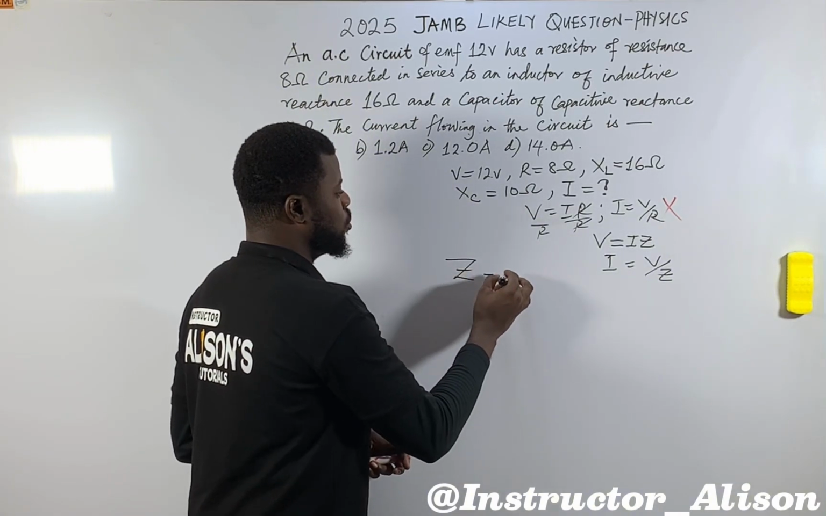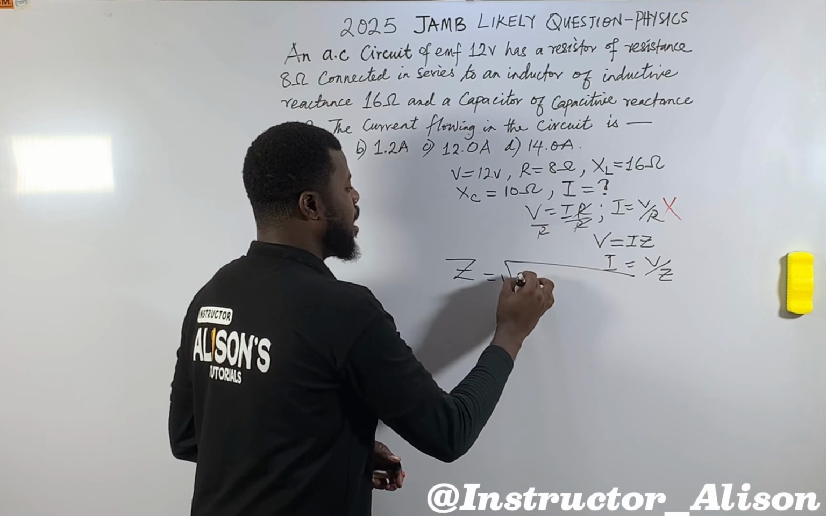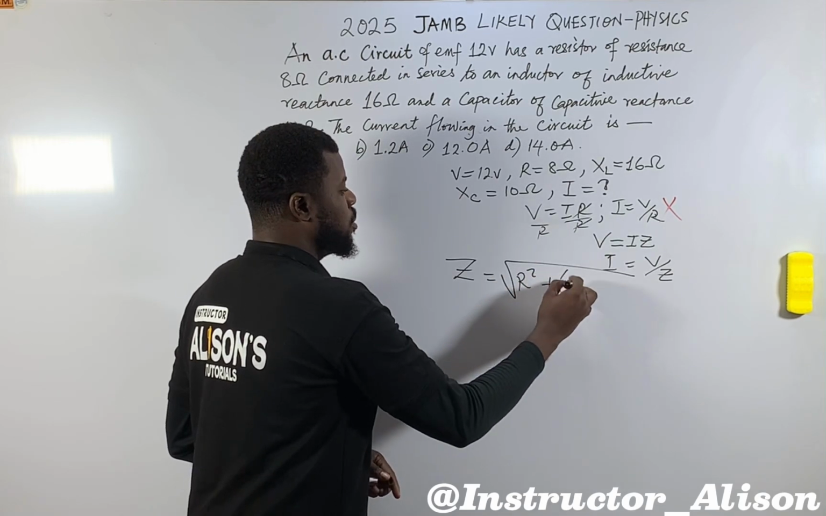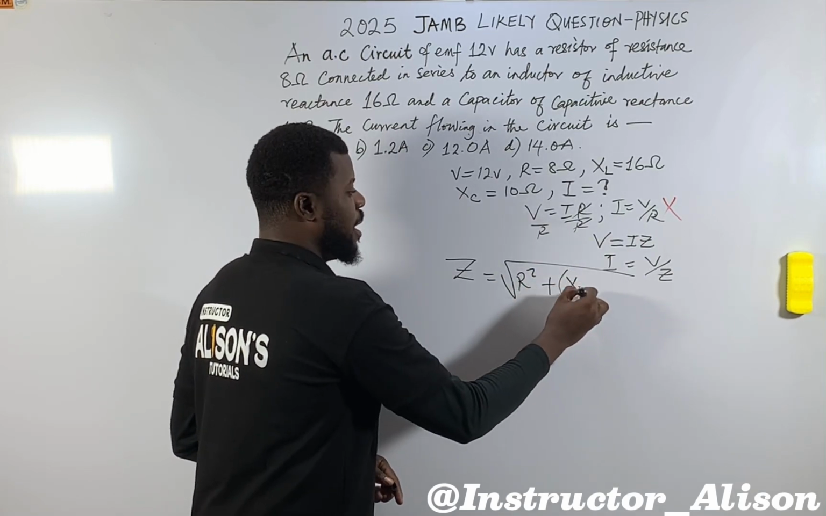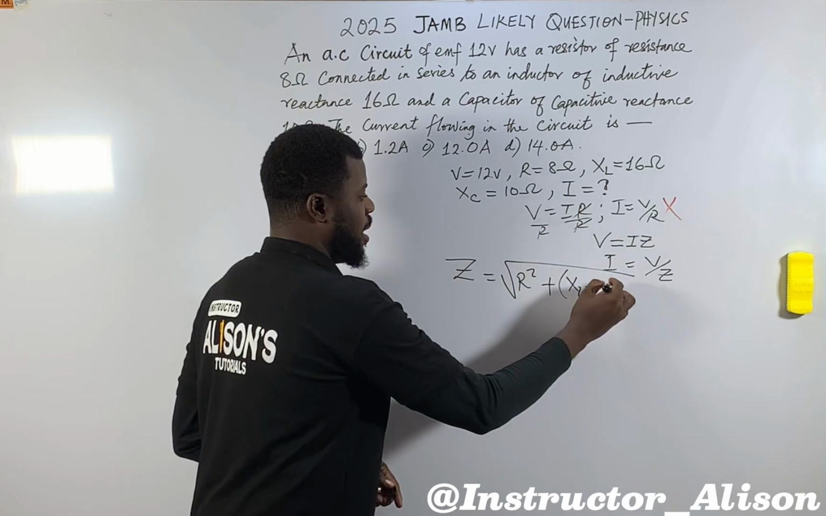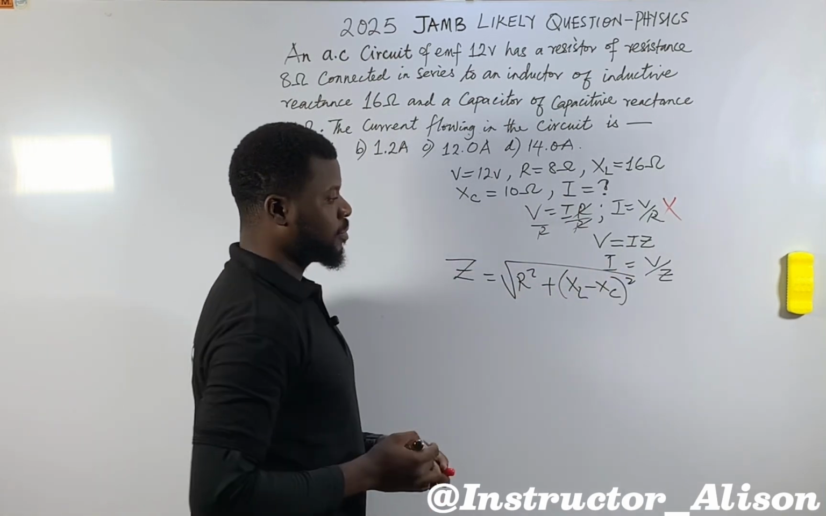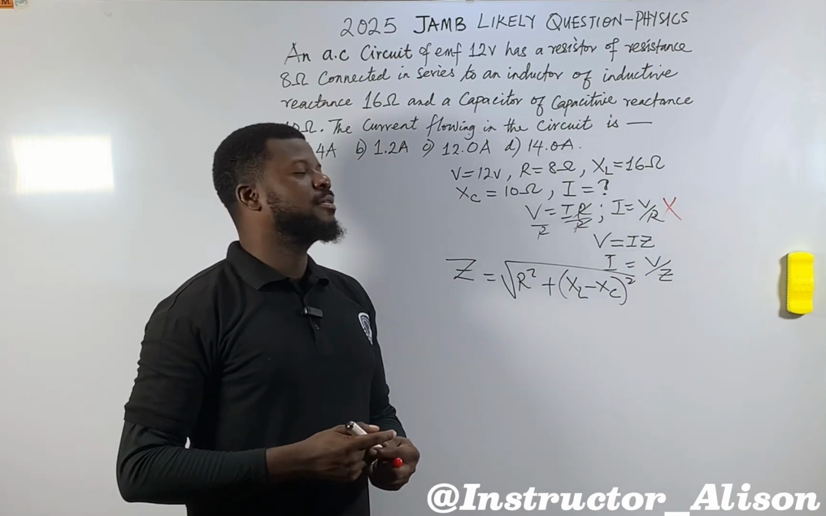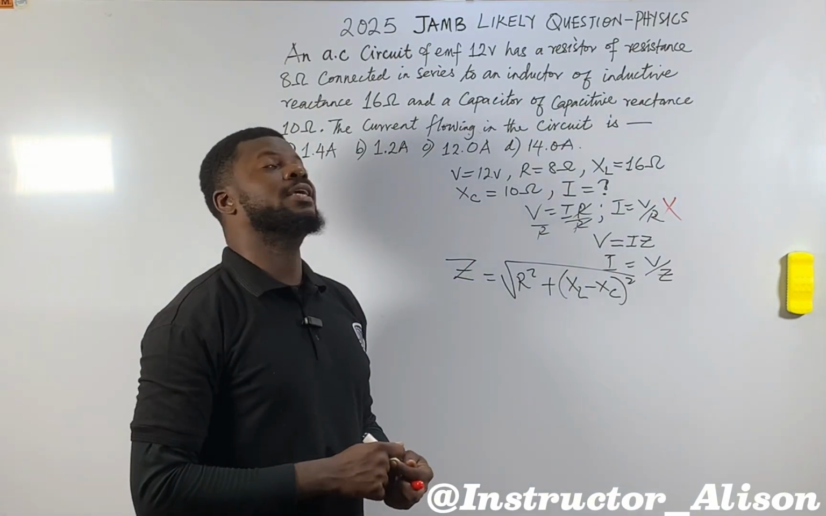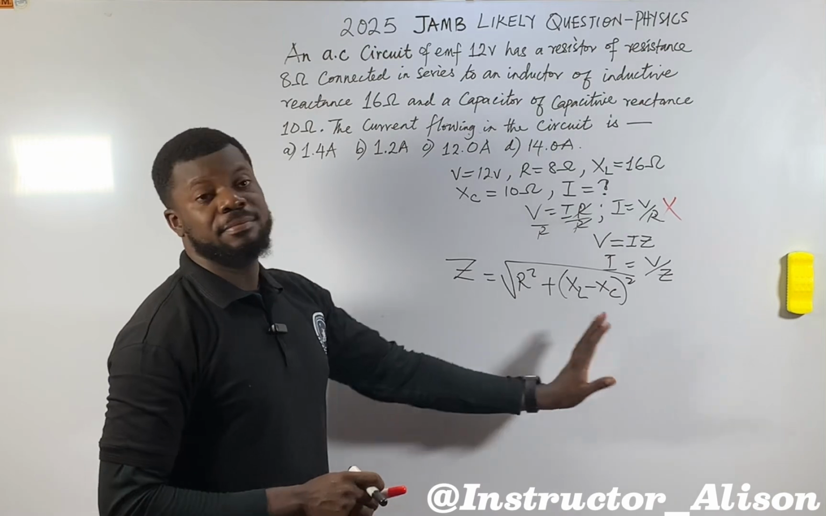Now Z equal to the general square root of R squared plus open bracket XL minus X subscript C, close the bracket, square. No ever forget this formula. No forget am. It's just I just arrange them. Now